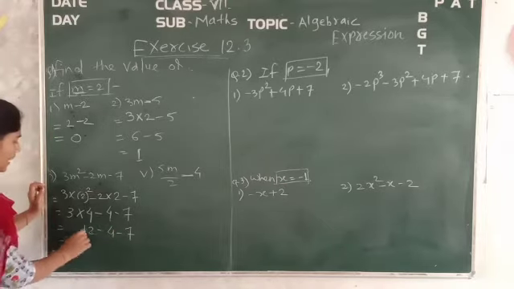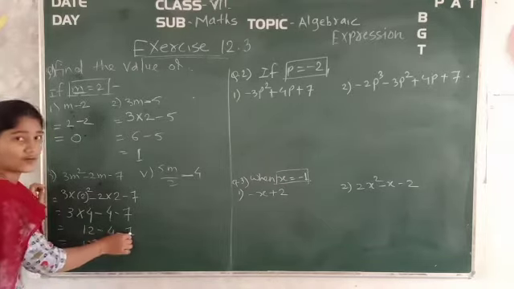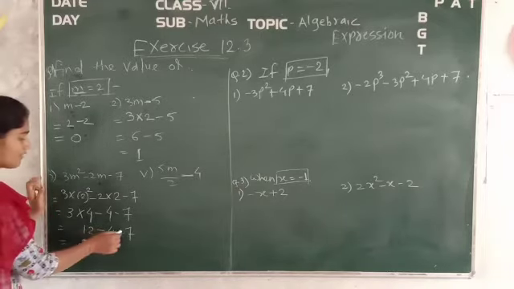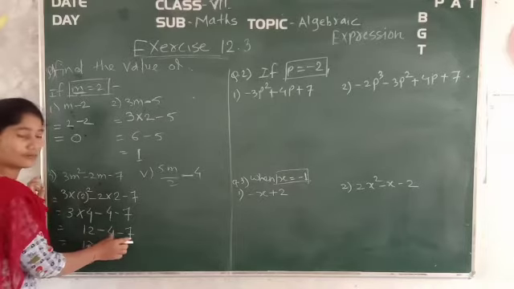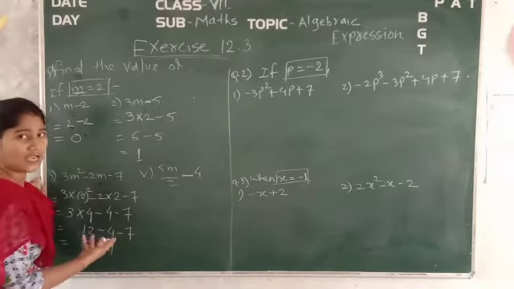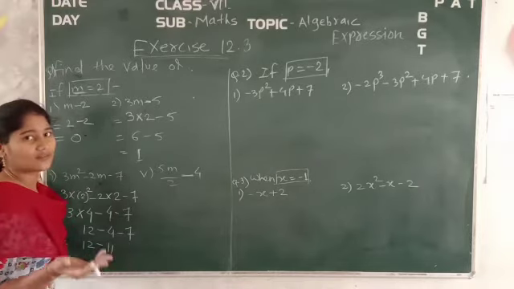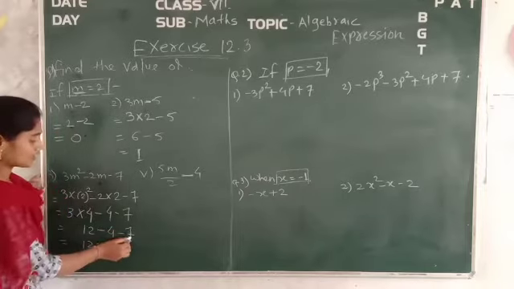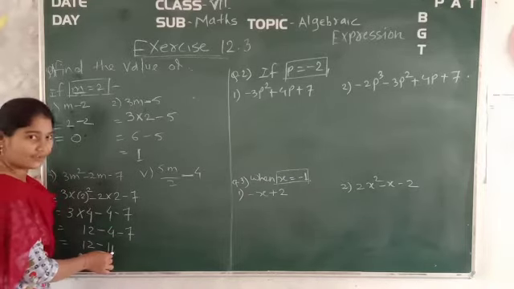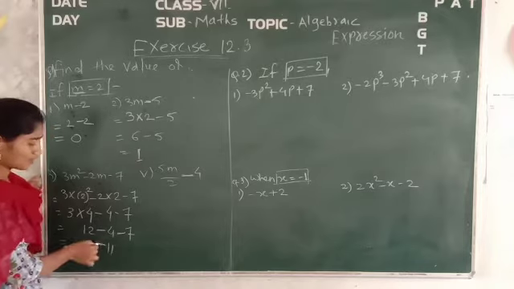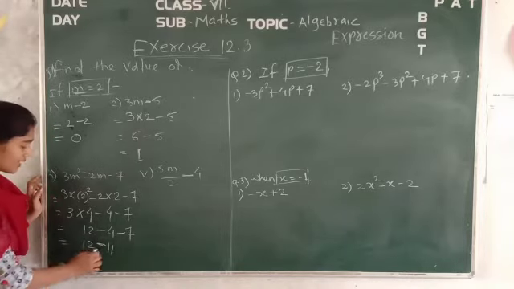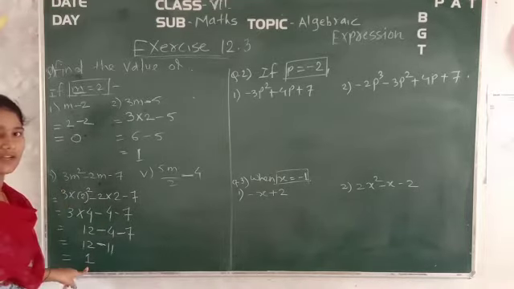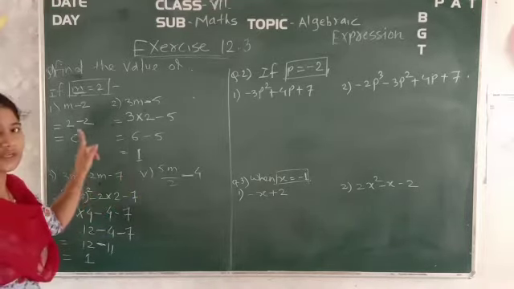Now see, 12 will be as it is. This is minus 4 minus 7, it is minus 11. Because these have the same sign, we do the addition and whatever the sign is, we keep it as it is. So this addition, 7 plus 4, will happen, that is 11 only, and the sign of 7 and 4 is minus, so we are keeping minus. So finally 12 minus 11 is nothing but plus 1. So what is the value of this expression? It is 1 only, which is a constant. It is also a constant.